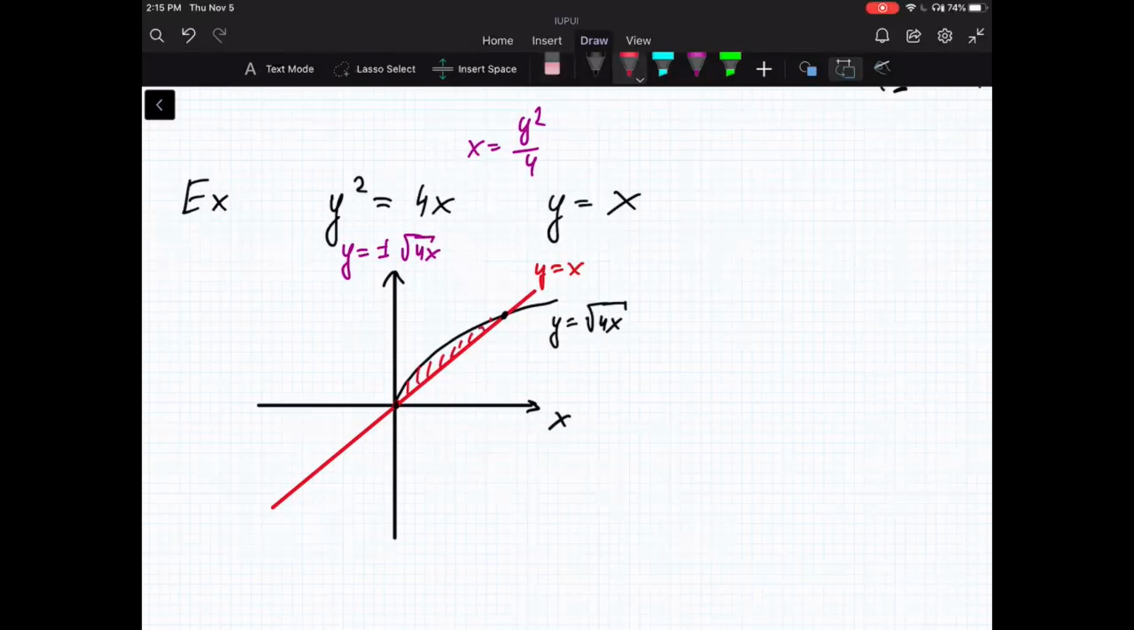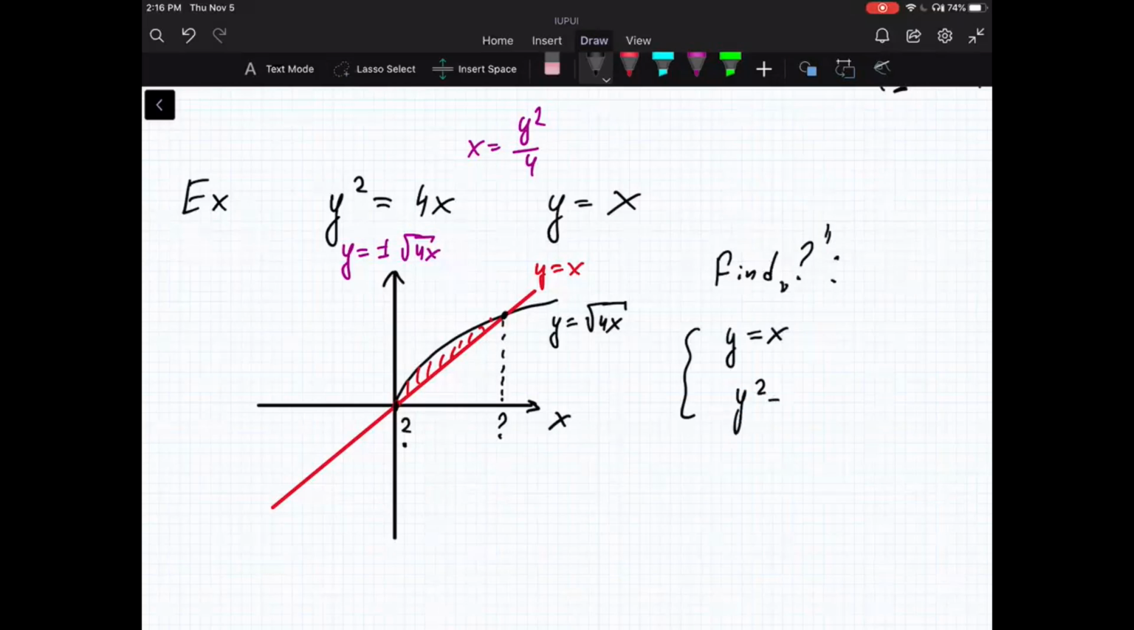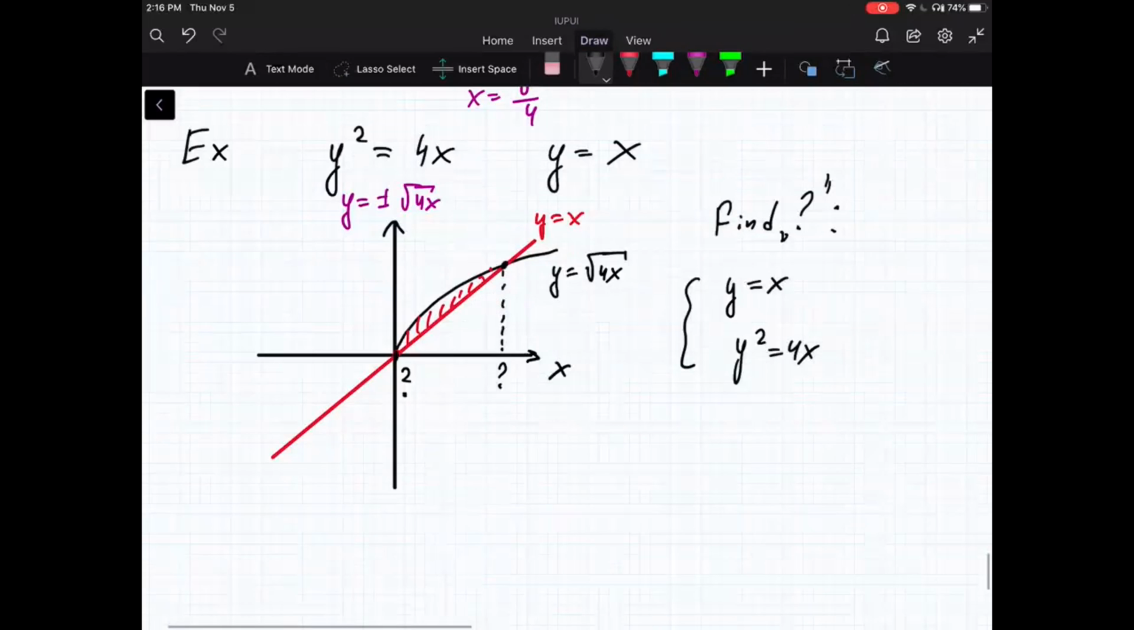But we still don't know the coordinate of this point. So this is probably 0, but how to find that one? And as we discussed, you just need to solve simultaneously these two equations. So to find the coordinates, you have that y is equal to x and y squared is equal to 4x. So in some sense, it's the solution of the system, but it doesn't really matter here because what you'll get,